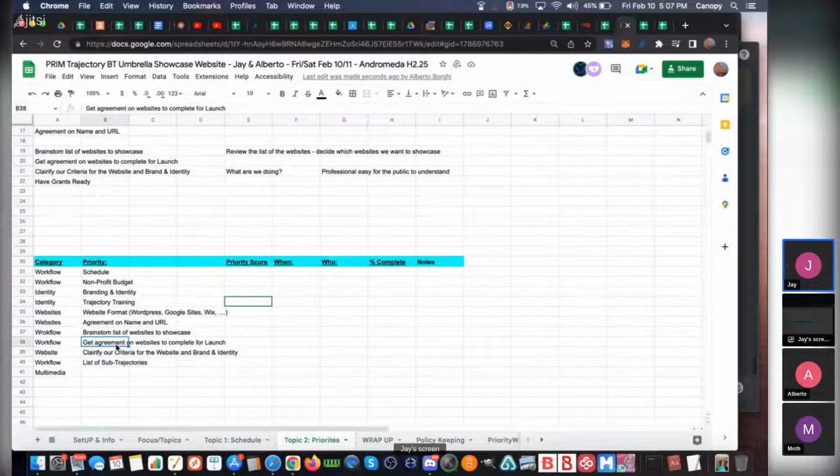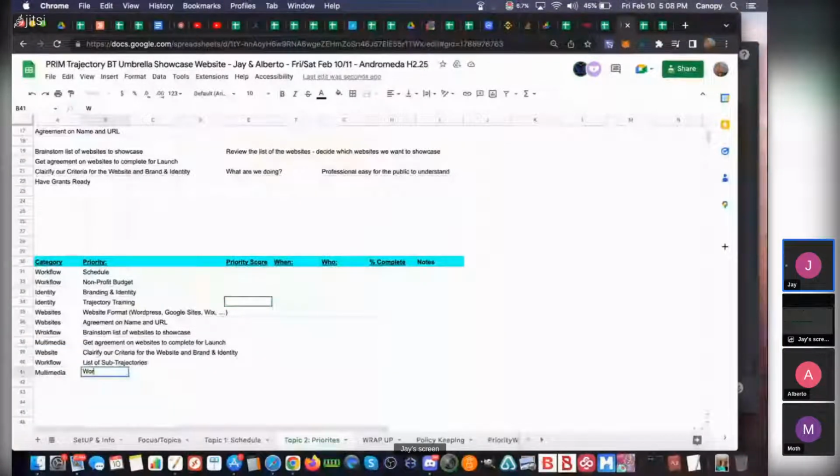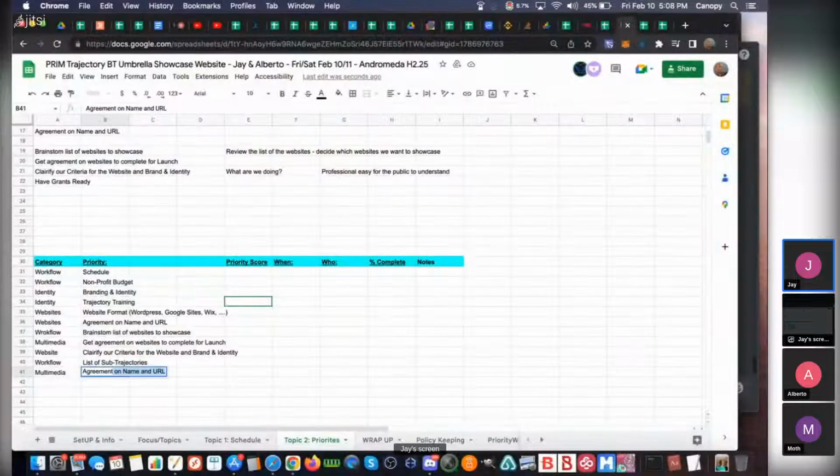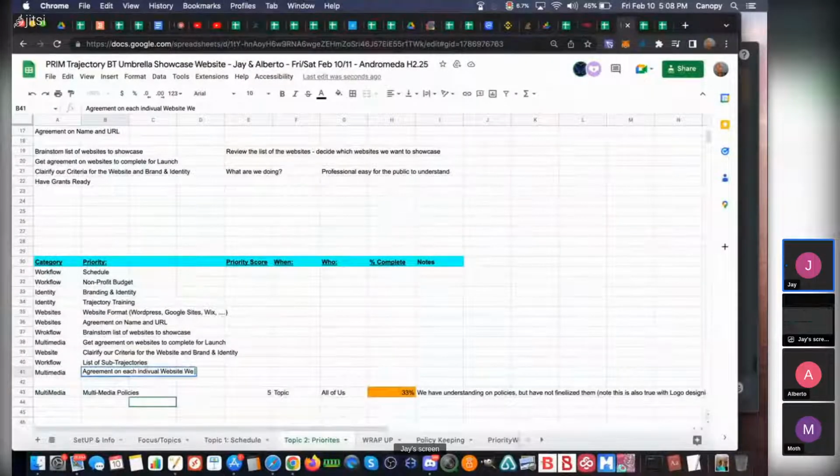That's line 38. But then once we have agreement on that list, I would say this is potentially multimedia here, right? And then once you get agreement on the websites for the launch, then you need agreement on each individual website we include.